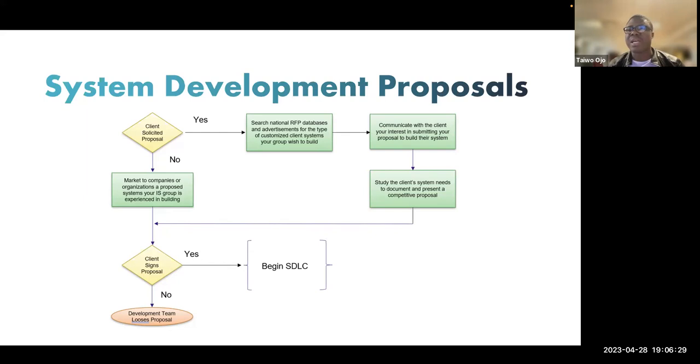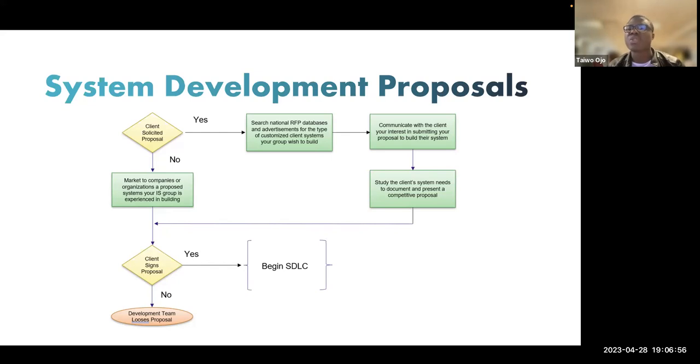I want to build an AC unit for a company. They require an AC unit. Once they put that announcement out, first of all, AC is not something new. I need to go out there and search what are the things that people have done, what ways I can make it better to make my proposal stand out. And this is the stage that you need to do. Once you have done your findings, you have started your request for proposal, you can now communicate with the client